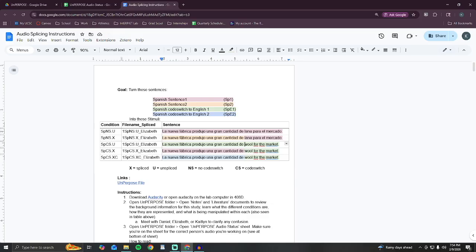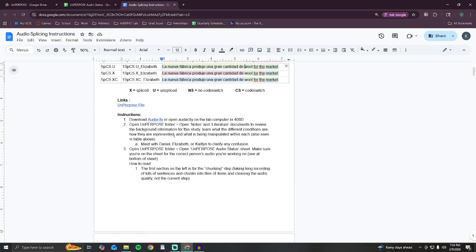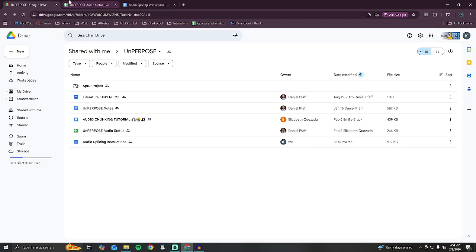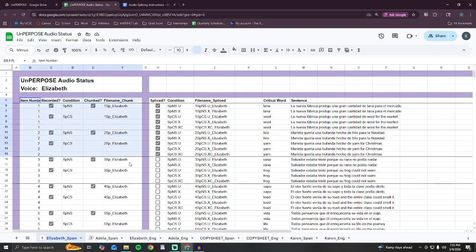Alright, so now that we're a little bit familiar with the conditions, we'll go through and we'll look at the sheet. So we have this sheet open, and this is where we're looking at our progress so far. So this step has already been done, and it's the chunking of videos with a whole bunch of items into videos chunked just by the item. So what we'll be looking at is one file and turning it into these 5 files. And so these checks mean that these ones have already been uploaded, so now we're looking at